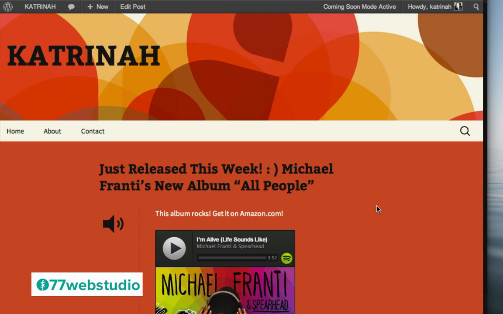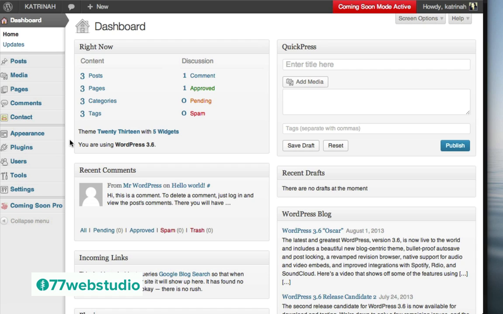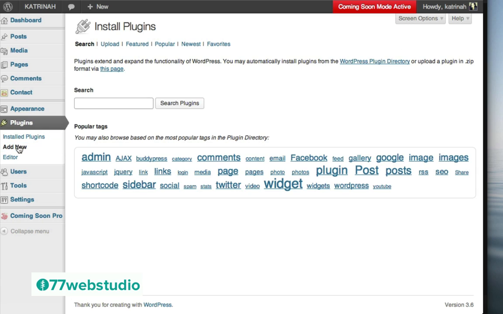So to add photos to your post, the first thing we want to do is once again go back to the dashboard by clicking on Dashboard. And here on the left-hand side, we're going to need a plugin called the Jetpack plugin. So I'm going to click on Plugins right here. As we did previously, you can add a new plugin by either clicking on the Add New link at the top of the Plugins page, or on the left-hand sidebar underneath Plugins, you can click on Add New. So I'm going to click on the left-hand sidebar. I'm going to click on Add New to add a new plugin.